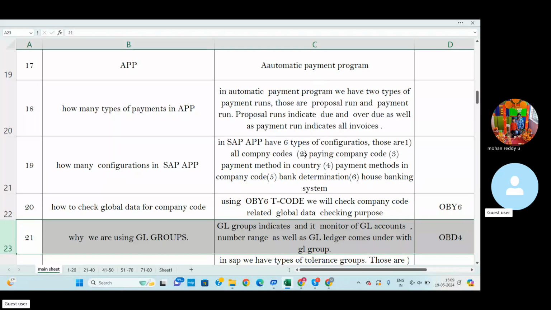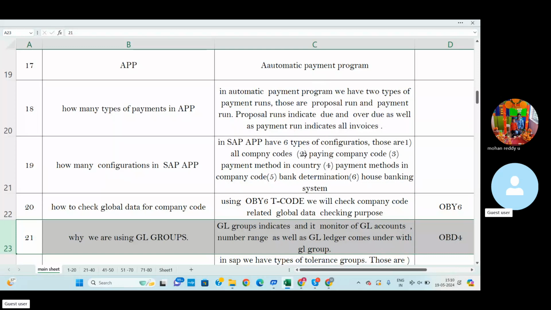For example, rent paid. Rent is a direct expenditure. So using OBD4, we can create the direct expenditure GL group and assign a number range, like 1 to 500. Then one more expenditure, like salaries paid, we can also enter under direct expenditure.